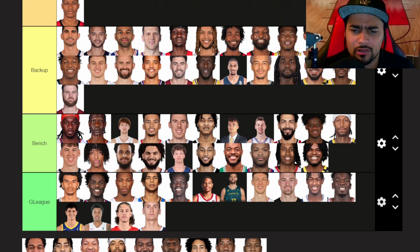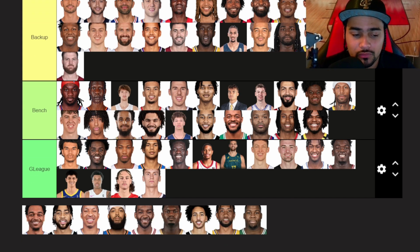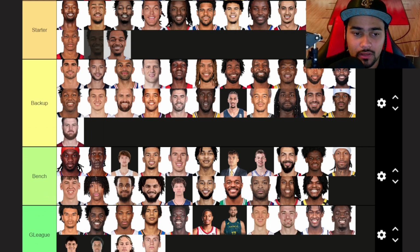Just very... I don't know where Jarace Walker really stands. They brought in Pascal Siakam. They have Obi Toppin. They have a lot of people kind of in that forward position for Jarace. So, unfortunately, could be a guy that gets lost in the shuffle. PJ Washington. Going to put him